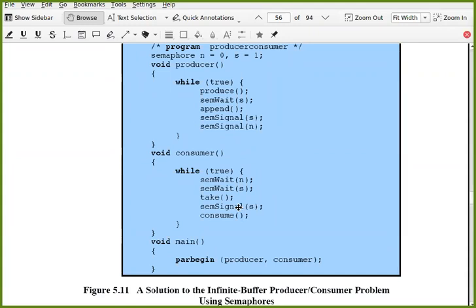Let's say consumer is inside the critical section. Suppose consumer is in critical section, suppose. Okay. So in that time, let us say